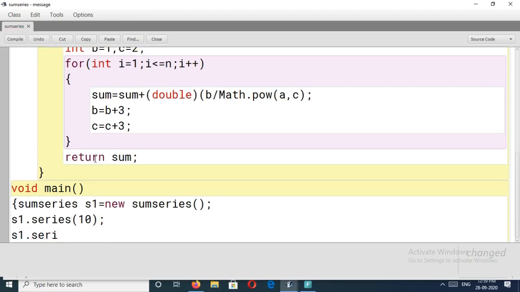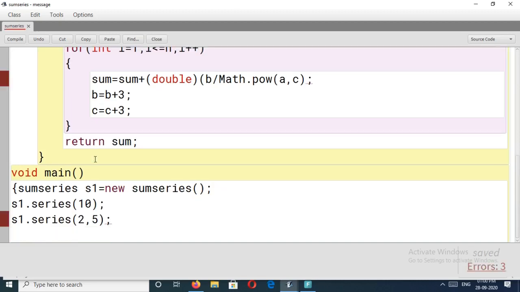Here for the second function we have two arguments, so give two arguments, 2 comma 5, like that. Any number you can give. Then close the bracket. Like this way you can create a main function, but for the public examination there is no need to create this main function, and after that you have to close this bracket.